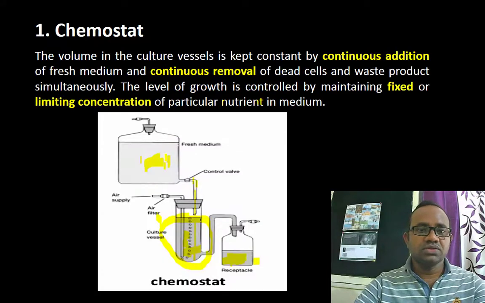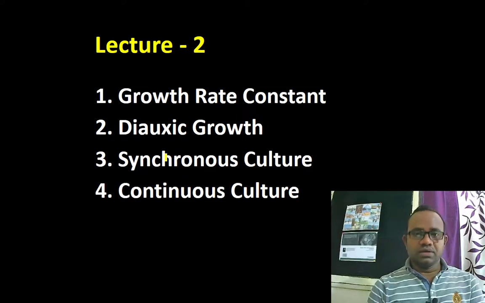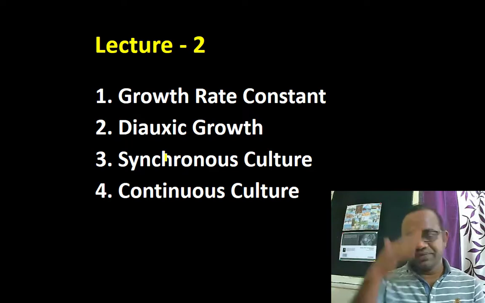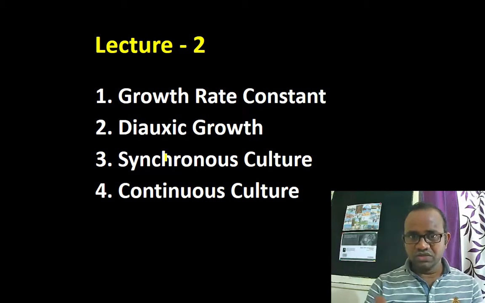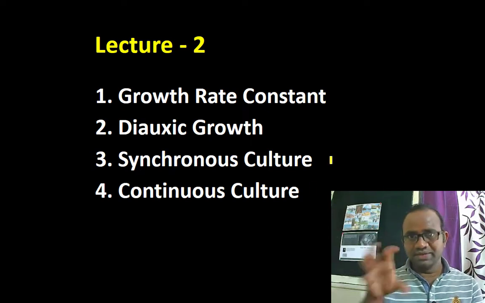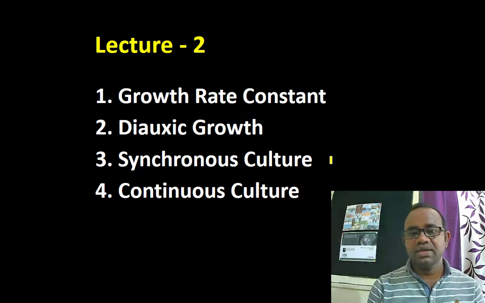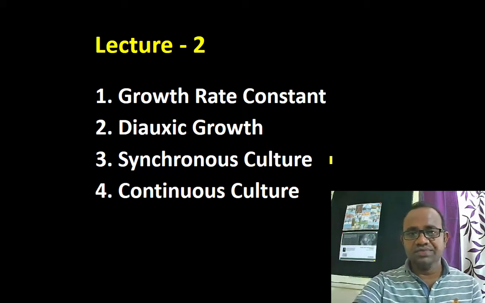Up till now we have learned four topics. Growth rate constant is the constant that gives you the value of the doubling of a cell at a particular time. Diauxic growth is a two-step growth pattern of bacteria, where the lag and log phases are present. Synchronous culture is the culture which maintains the bacteria at the same stage of their life cycle. Continuous culture is the same kind of synchronous culture, but the production of bacteria at the same stage of their life cycle is maintained continuously, that is, the addition and the withdrawal are simultaneous. So these are all four topics